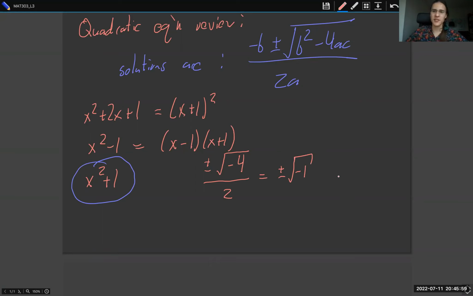And so what we're going to do is introduce complex numbers. The square root of -1 is going to be known as the imaginary unit i. And the equation that i satisfies is that i squared is equal to -1. So i is going to be a square root of -1. Now you ask which square root of -1, there are technically two of them. So by convention, we are going to assume something like this. And so complex numbers